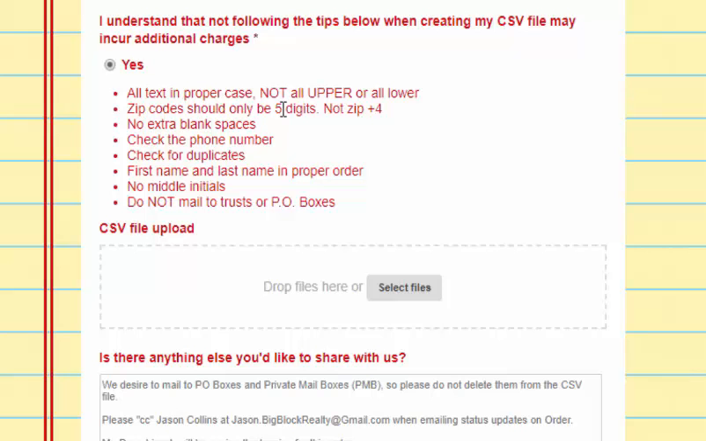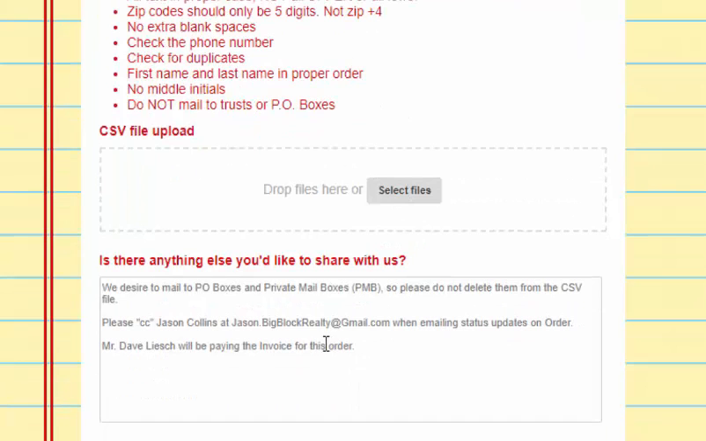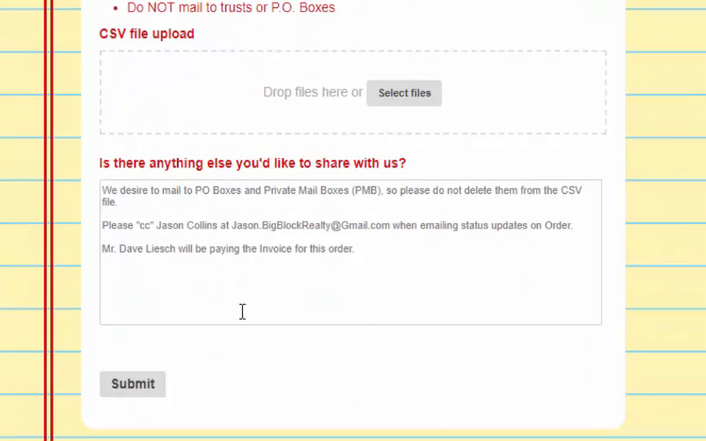I'm not going to read down this, you can read it. But rest assured, the list that we're going to be using has already been scrubbed to match most of these criteria. Except for we do intend to mail to P.O. boxes as well as private mailboxes. And so we're going to put that here in this